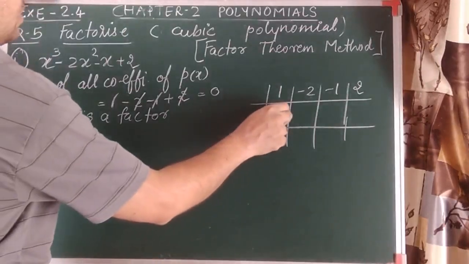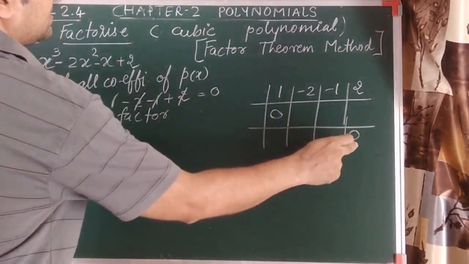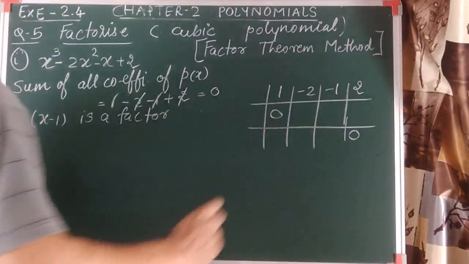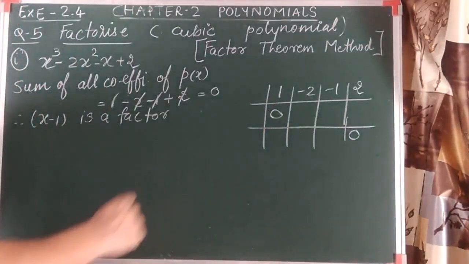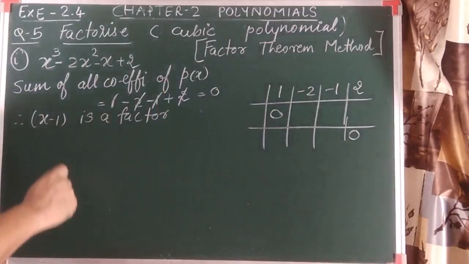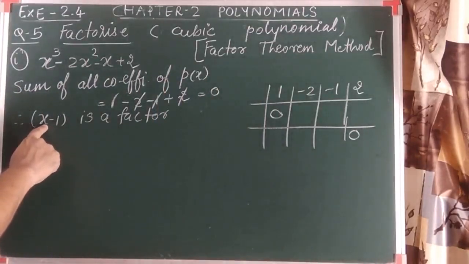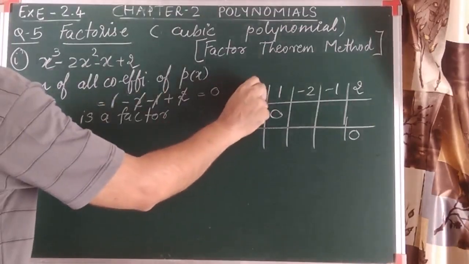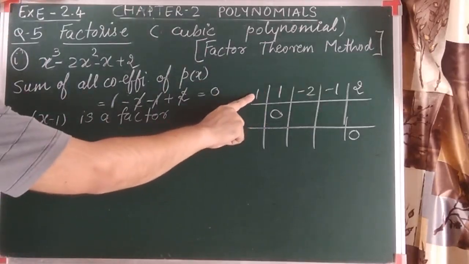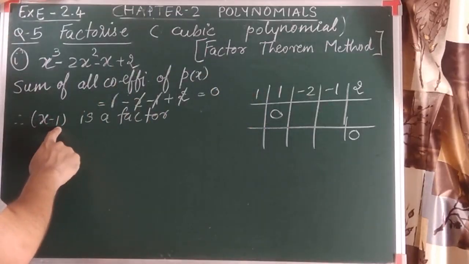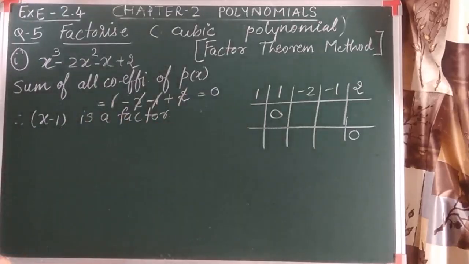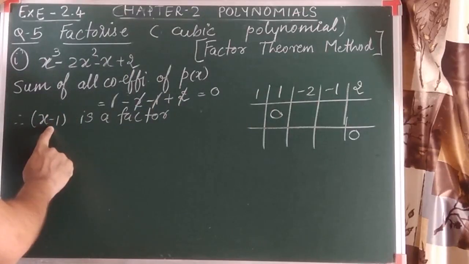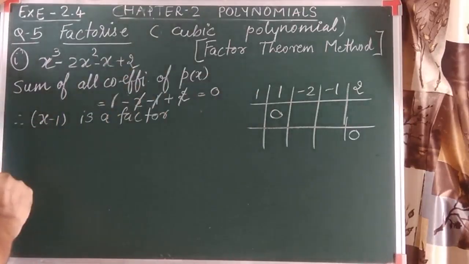Fine. So we have to put 0 here and we have to obtain 0 here, compulsorily. Now let's see how to solve this. We have to write a value over here, and that value depends on the factor. As it is mentioned, x minus 1 is a factor, so what is the zero of this polynomial? 1. I repeat, how do we write the value here? The factor is x minus 1, so we can write 1 here. If x plus 2 were the factor, we would write -2. Whatever factor we obtain, we have to write the zero of that factor.